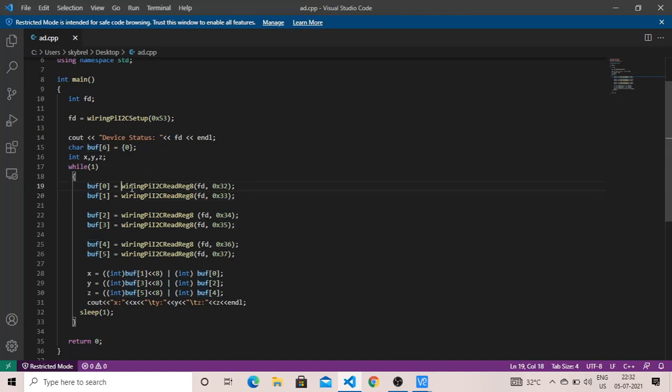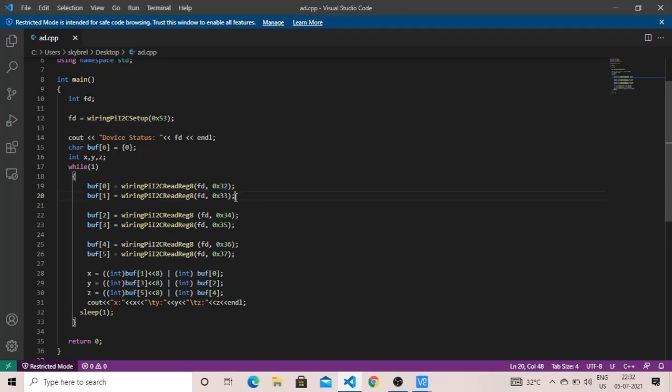Inside this I call a function named wiringPiI2CReadReg8. It reads the 8-bit register, and it takes two arguments. The first one is the file descriptor and the second one is the register address. The register address is basically where your data will come from.